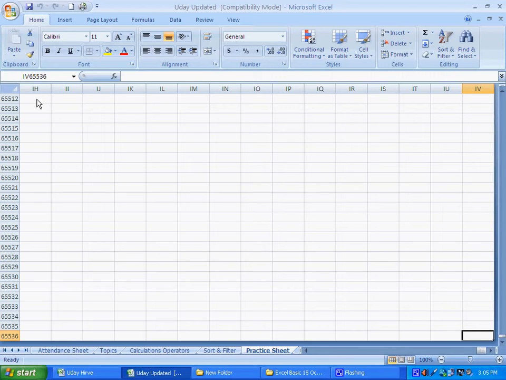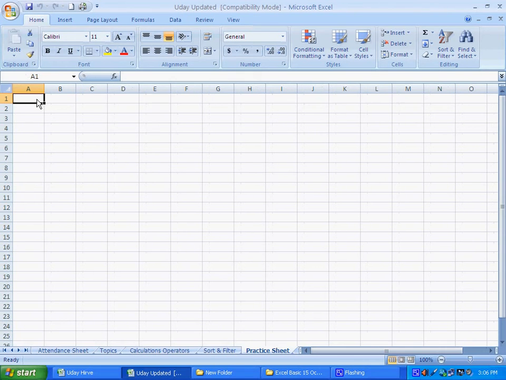If you want to return to the first cell of your spreadsheet, you have to press Control Home. So over here you will see you can go through various cells in your workbook. As soon as you move your cursor, you will see the cell address mentioned in the name box.